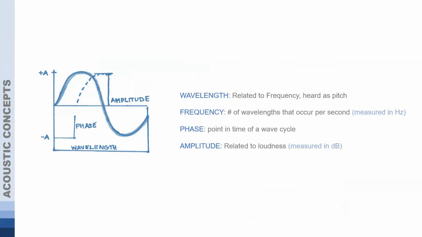So these are kind of breaking down the building blocks of acoustics, if you will. So just sound in general. Sound is a vibration that actually is traveling in waves. And so there's three basic terms that we're going to go over that are associated with sound here. And that's going to be amplitude, wavelength, and phase. So now, wavelength is related to the frequency. So this is what we hear as the pitch.